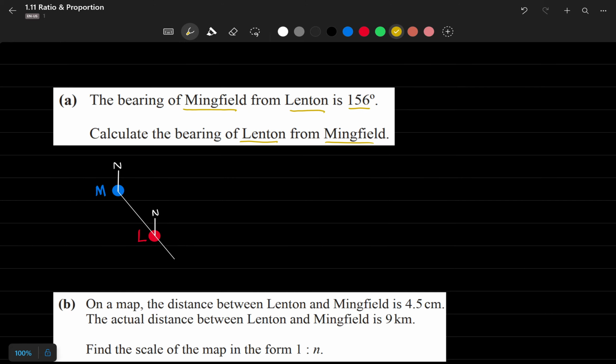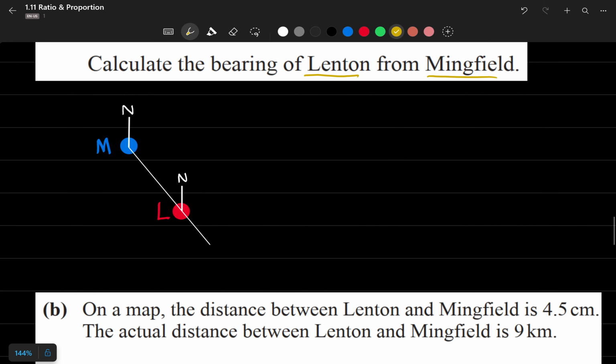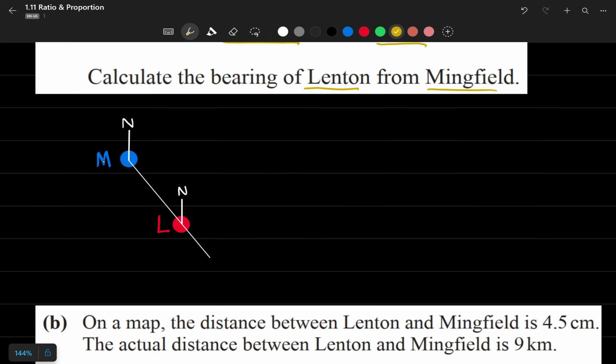How to do this? Let's suppose you draw this. One location is M and the other one is L, and we are given a north line at each location. Now we always measure the angle in a clockwise direction. So let's just say this angle is equal to 156 degrees, which also means that this angle is also equal to